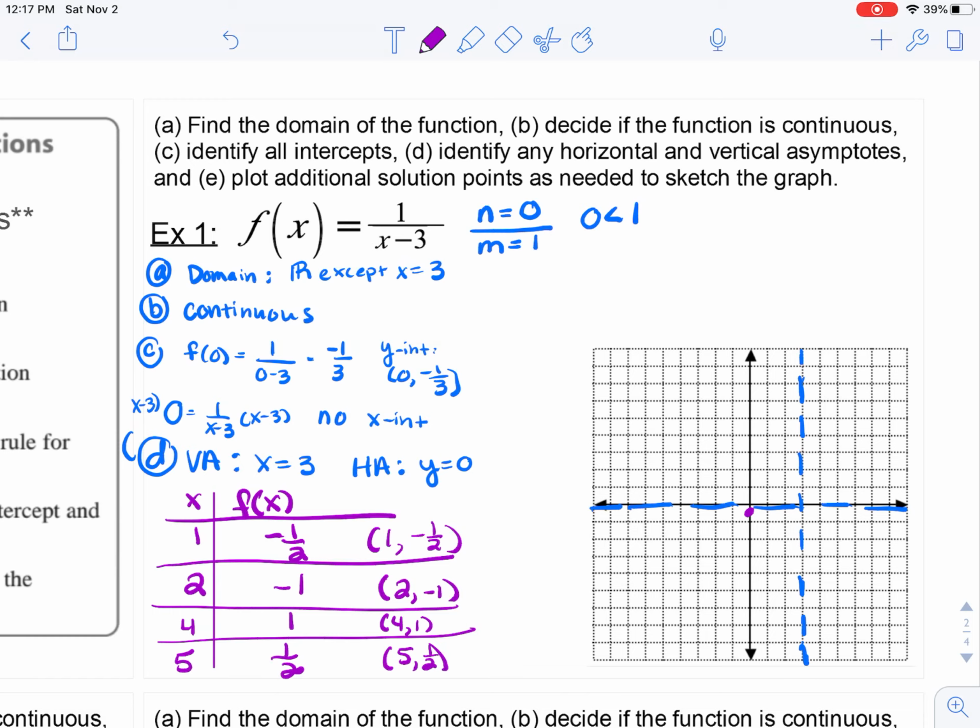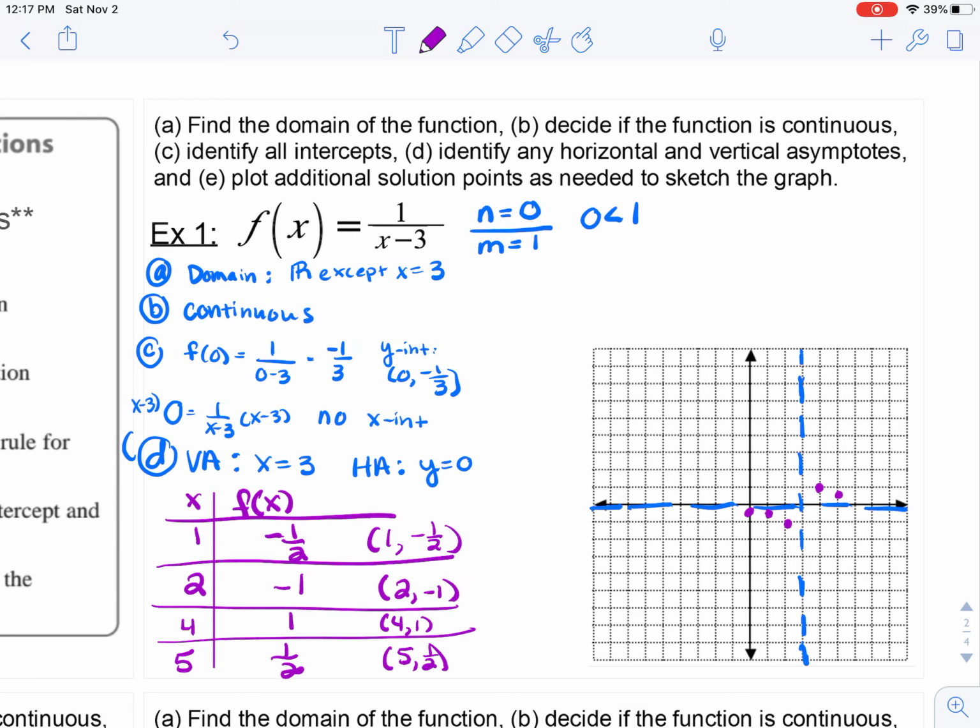All right, so I'm going to plot these. So (1, -1/2): to the right 1 and down 1/2. And then 2 is at -1. 4, 1: we would go to the right 4, up 1. And 5 is at 1/2. So we have to figure out how to